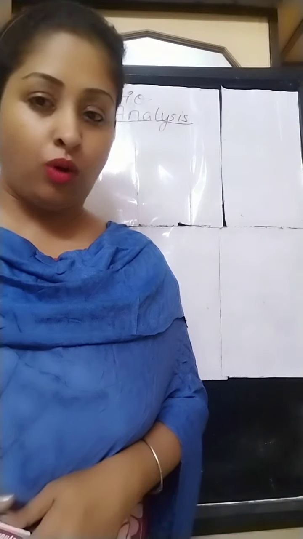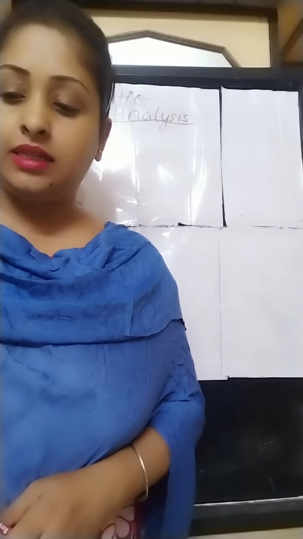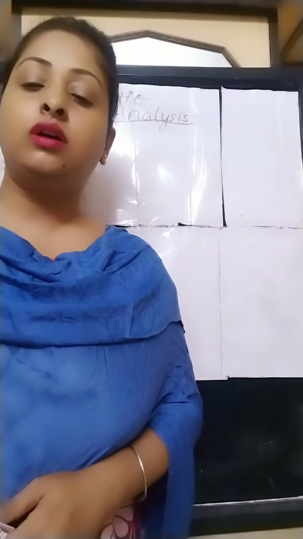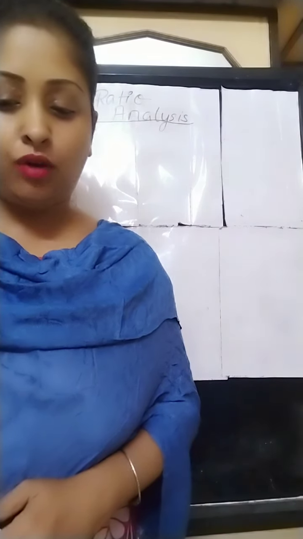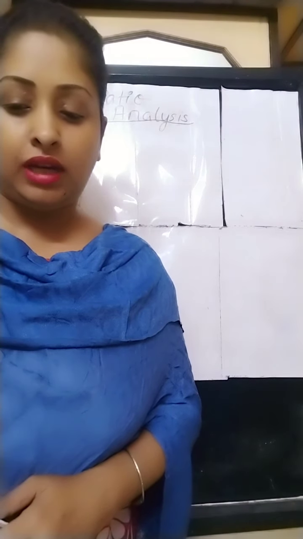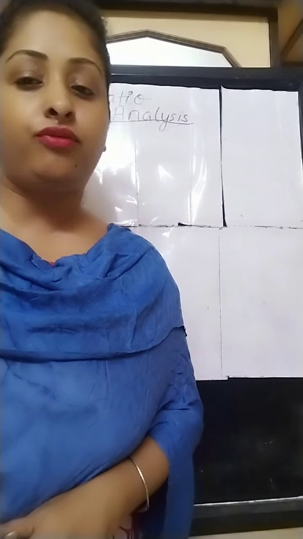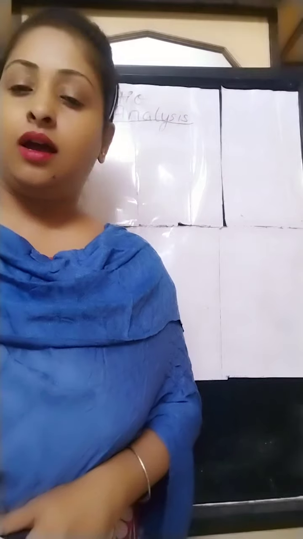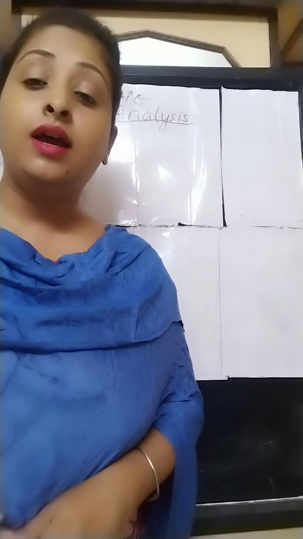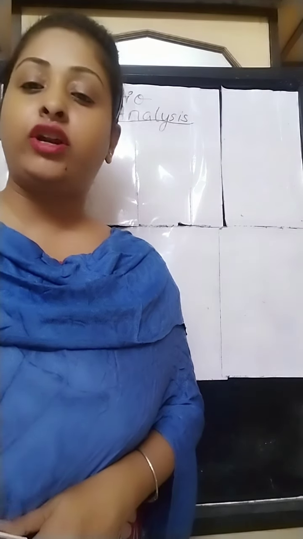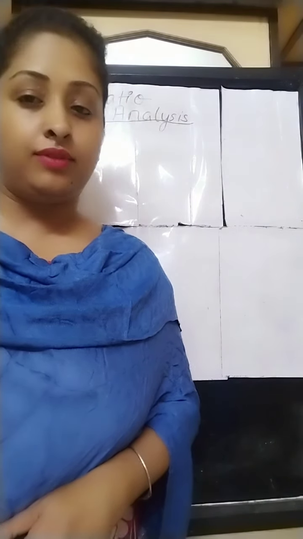Now what is a ratio? That you all know. A ratio is a number expressed in terms of the other. It is a fraction where a relationship of numerator and denominator is expressed. But here in case of accounting ratio, it is a relationship of two accounting figures. Accounting ratio deals with this. Suppose the accounting data of two companies can be expressed in a ratio, or in one company two different types of capital can be expressed in terms of ratio. How? You can understand well when I do the sums.